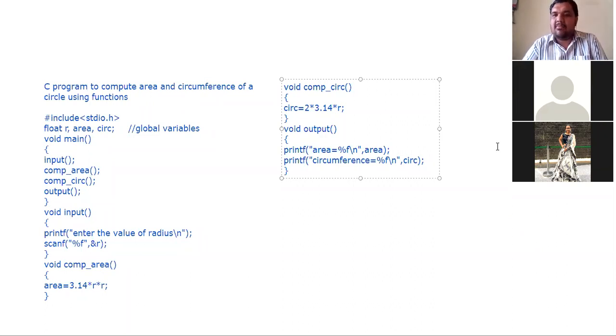But if you are not using any of the return types, the default return type is always void. So that's why we have taken this. Sir, does void output mean nothing should be returned? No, it will return actually. It will definitely return.